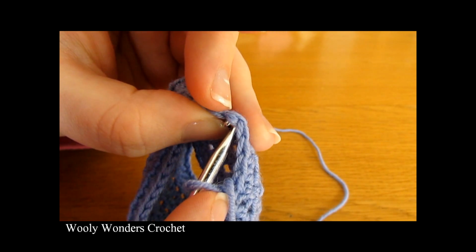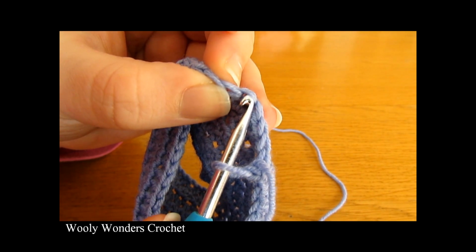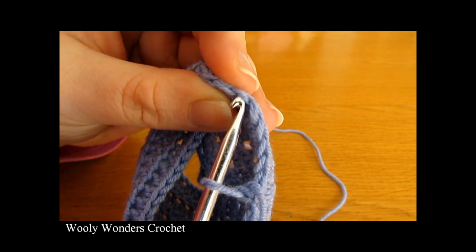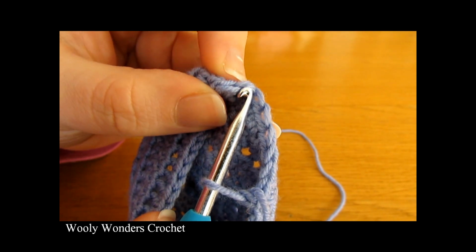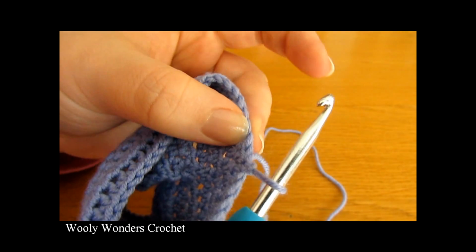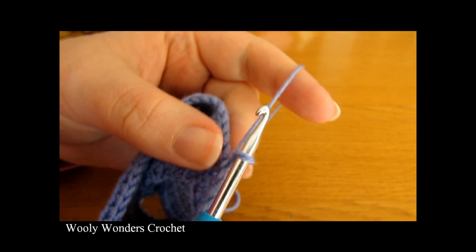So each stitch has a front loop here and a back loop. And usually when we crochet, we go through both of these loops, but in this round we are just going to go through the front loop of each stitch. So we'll just go through the front loop of this one and the front loop of the next one. So you want to do 1, 2, 1, 2 all the way around, working in the front loop of each